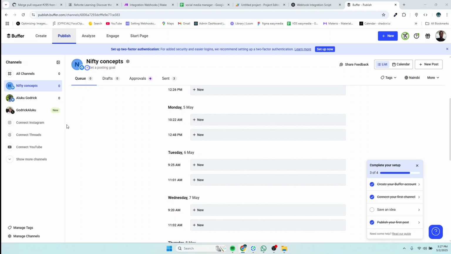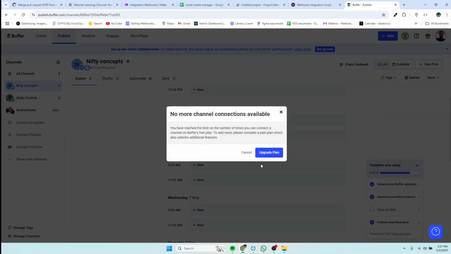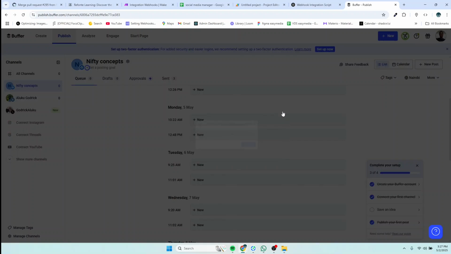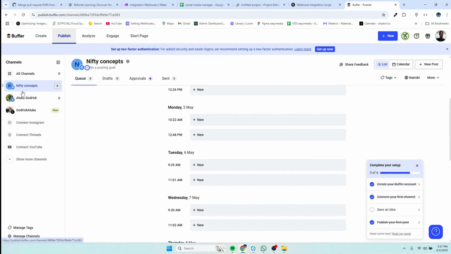So the way you connect your Facebook account is just click on this section here. Like if you wanted to connect Instagram, you could just click on that. Oh, there are no more channels available because this is a free version, so you're only allowed to add 3. But if you had not added anything, you'll just click on connect Instagram and you'll go through the